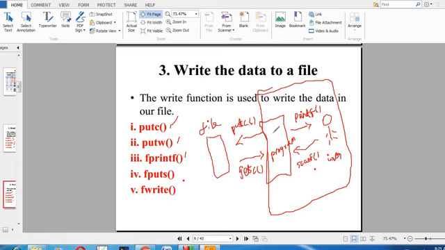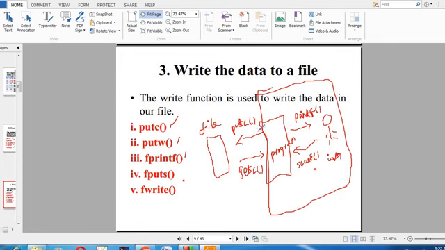If our program or computer wants to display any value to the user, we can use printf. Similarly, in our file concept, we have introduced one more thing, that is a file. So user is there, computer or program is there, and another new component is a file.